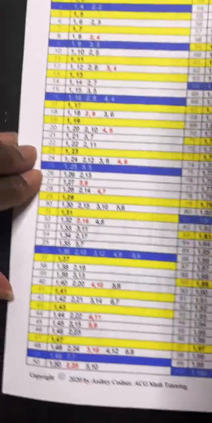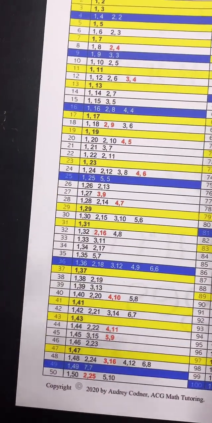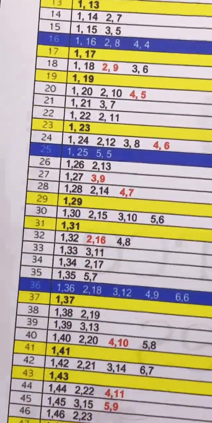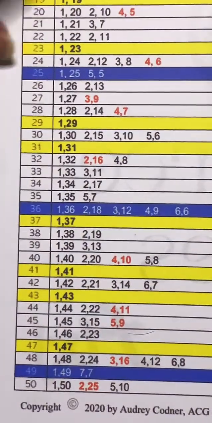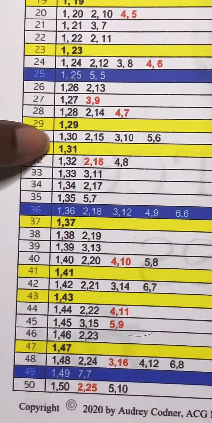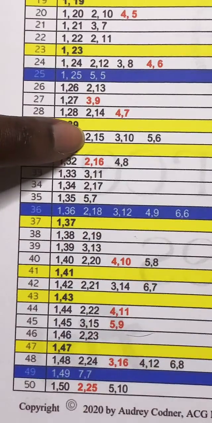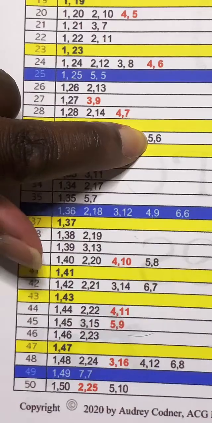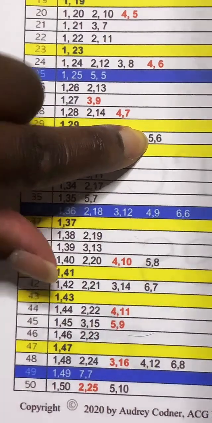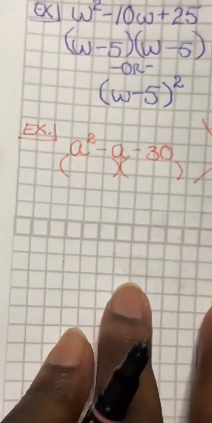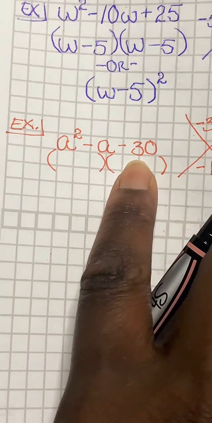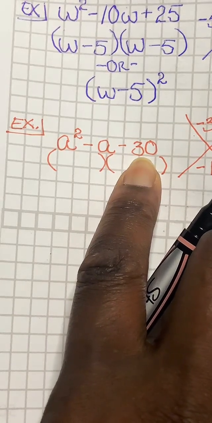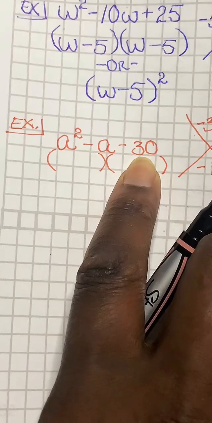For 30, we have 1 and 30, 2 and 15, 3 and 10, and 5 and 6. We're looking for numbers that multiply to give a negative 30, which